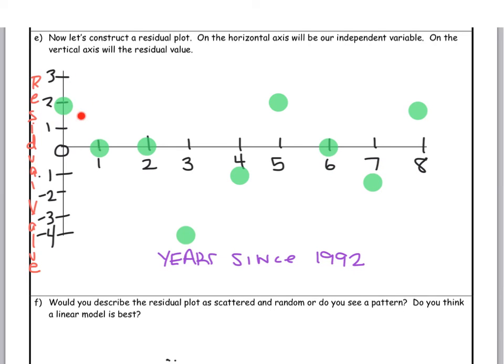And this was our actual data, which was 22 woodpecker clusters in 1992, minus our predicted data, which was 20 woodpecker clusters in 1992. So now we want to take a look at this graph. Is there a pattern? Or is it random and scattered? And so I would say there is no definite pattern, that it is random and scattered. So letter F, would you describe the residual plot as scattered and random? So yes, it would be scattered and random,